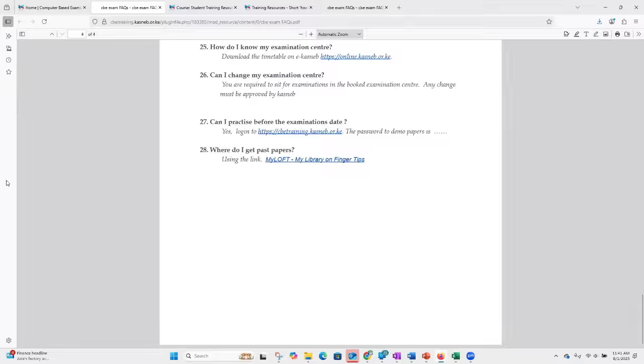And just to emphasize some of the importance of this mock, it confirms that you are able to log in, you have the correct center, you have the correct papers booked, you get to familiarize yourself with the structure of the exam, you are able to revise, and not only revising, you are still able to practice on the various aspects that you have been trained on. May it be uploading, deleting, editing, submitting, finishing, and all these things that you have been trained